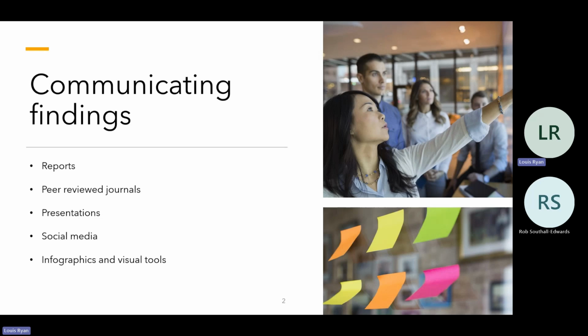Maybe social media, which we'll explore a little bit more in terms of how we share potentially more positive findings, as well as infographics and visual tools, easy aids that we can bring up to display some of the key headlines of the findings, especially trying to involve people that potentially won't want to read through a full report, but can take an infographic and discuss it from there.